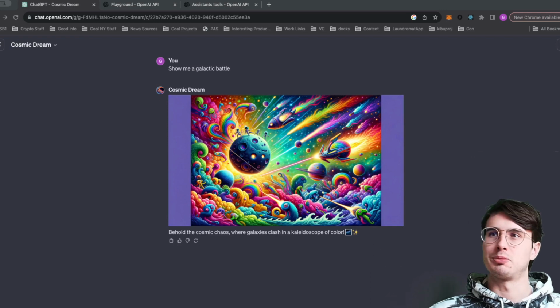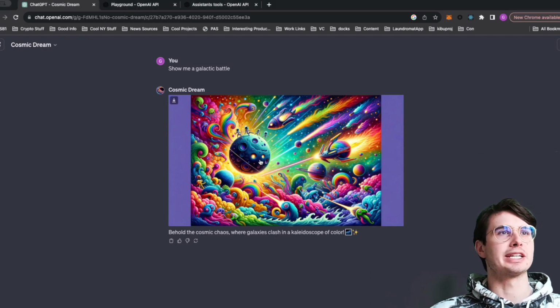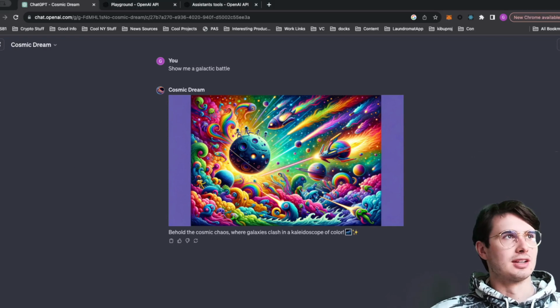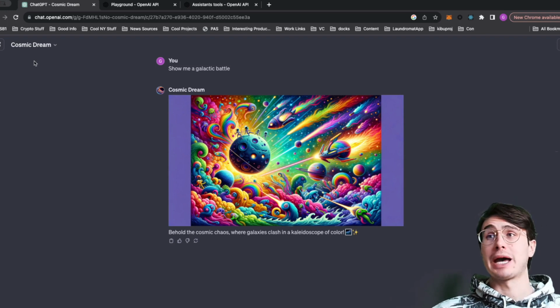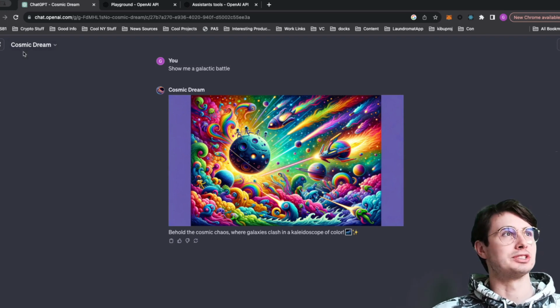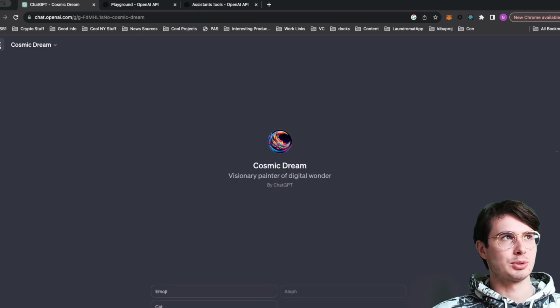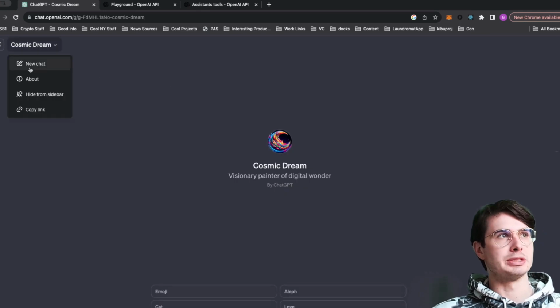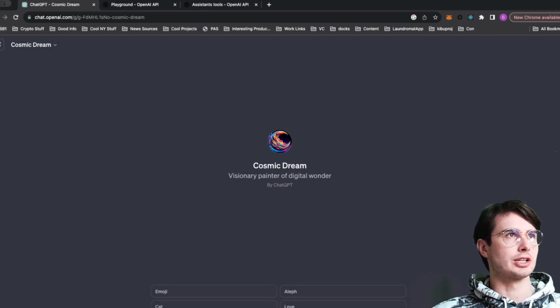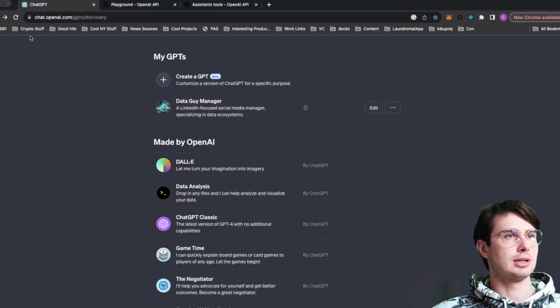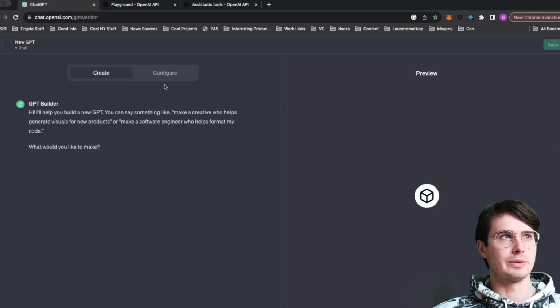So this is a pretty crazy output. Behold the cosmic chaos. So I don't really know. I wouldn't say I'm impressed with this, but it's just one example of how you can create a different GPT. So here, if I go back to my GPT page, if you want to create your own GPT for